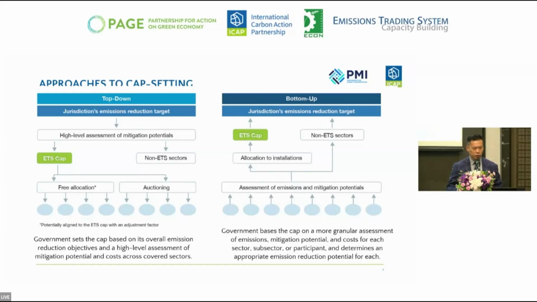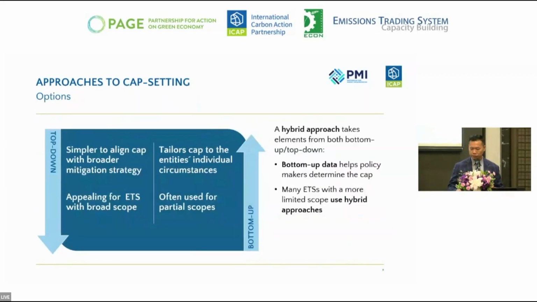So there are two approaches to calculate the cap. And of course, the top-down approach gives more predictability to the market, and it shows the long-term ambitions better than the bottom-up approach. But in reality, some ETS use bottom-up, some use